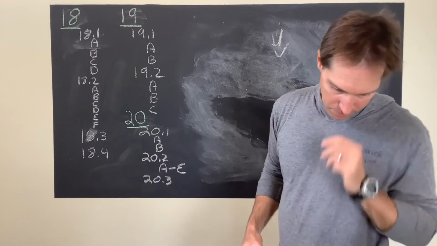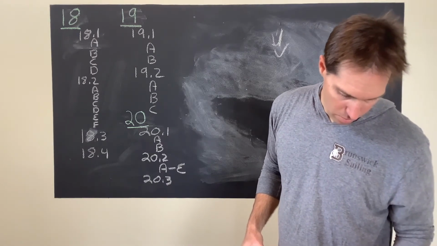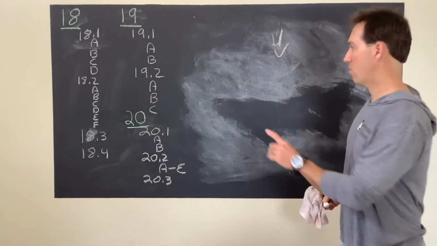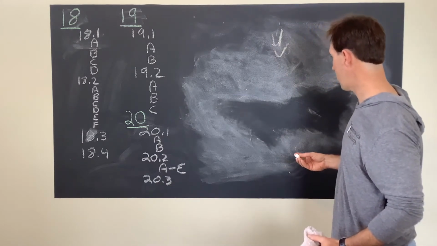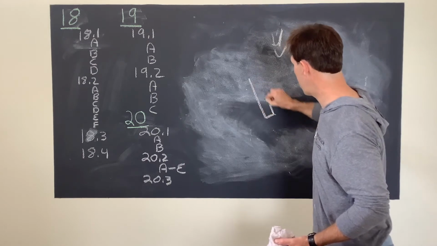Okay, and then C, we were discussing 19 earlier and a continuing obstruction. So if you're following in the rule book, we're at 19.2C right now. And this is an interesting one. So if we do have a continuing obstruction,